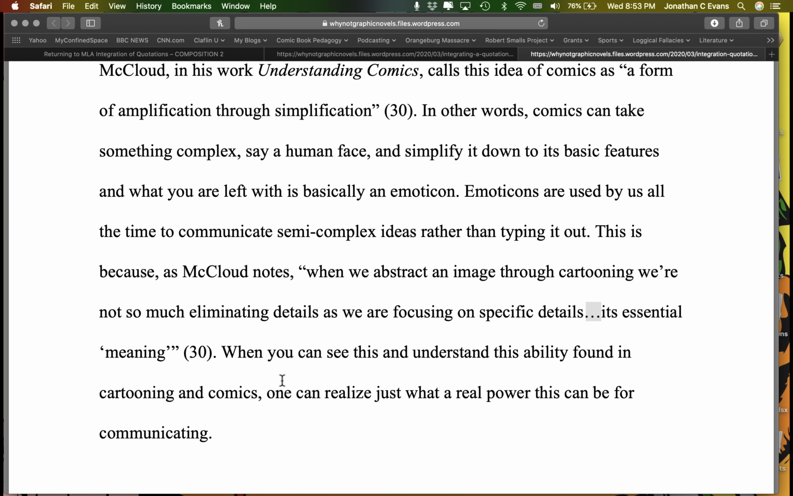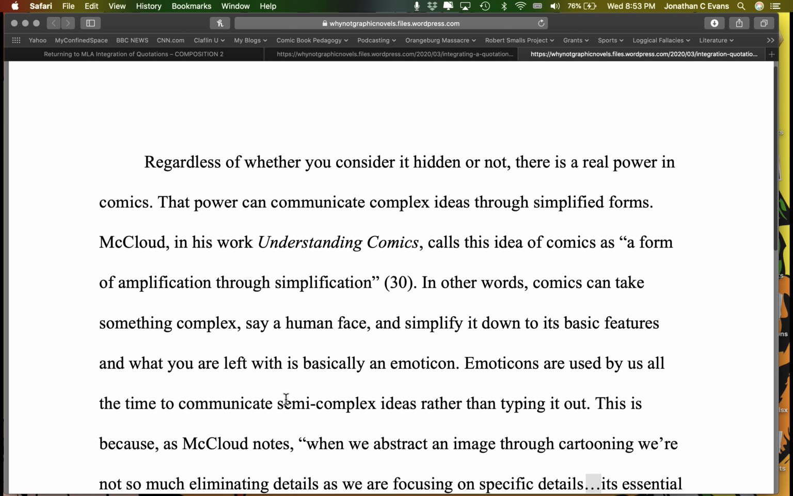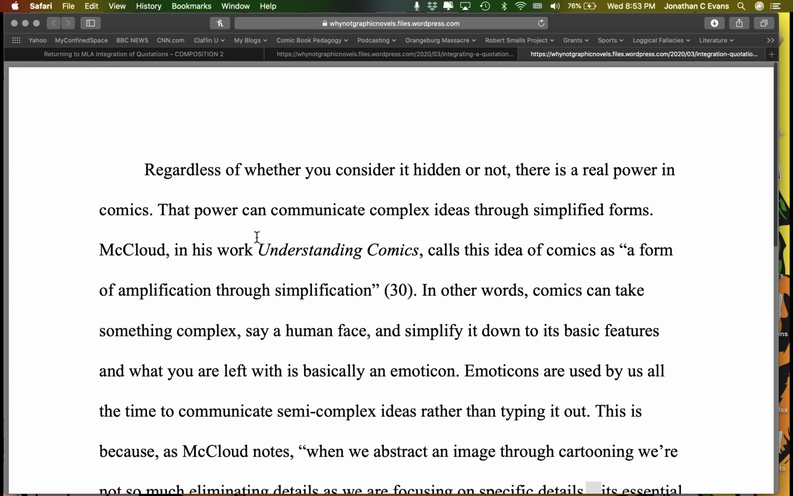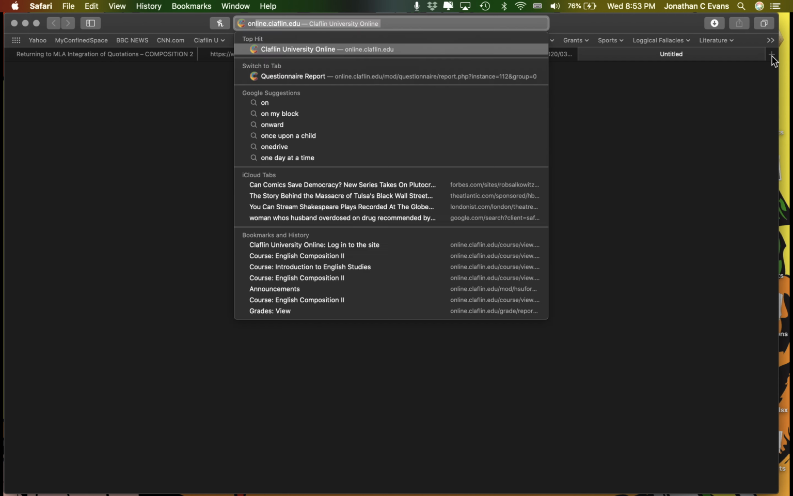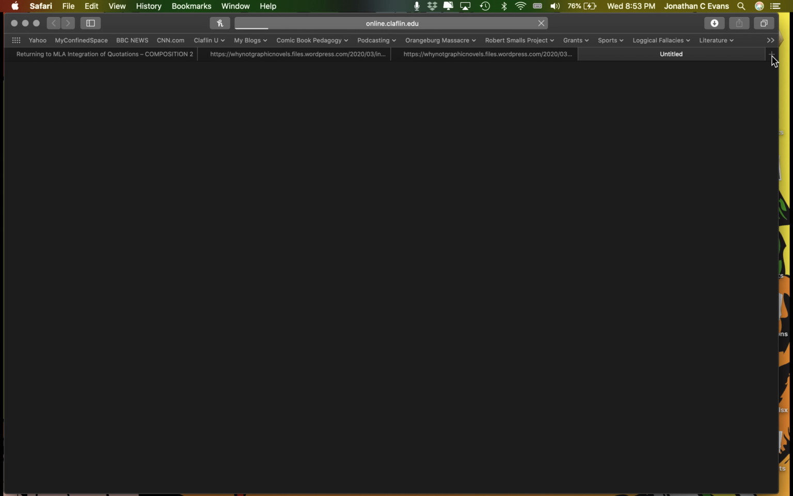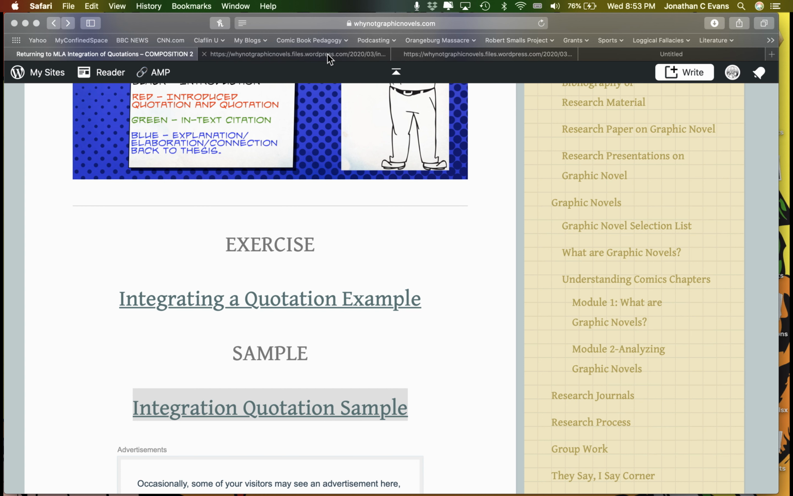So here we go. "When you can see this and understand this ability found in cartooning and comics, one can realize just what a real power this can be for communicating." So now I'm not only explaining, but I'm also beginning to transition out. So what I'm going to ask that you guys do is, when you go and take a look at this, I'm going to ask that you practice this on some work for our second forum this week. So your second forum this week, your first forum, I'm asking you to put to practice those argumentation paragraph materials. Our second one,